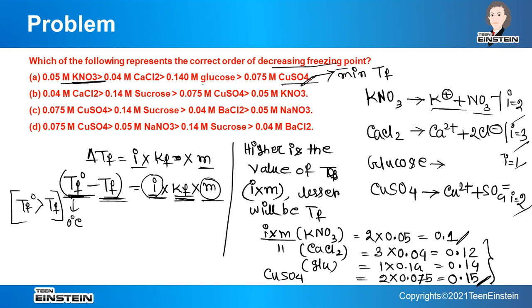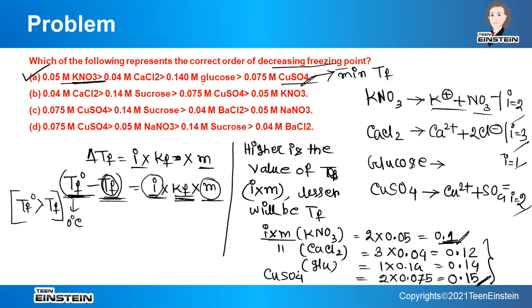The value of TF will be high. So the correct order of decreasing freezing point will be this one, that is option A. Here we are considering the numerical value of TF. So as this value is